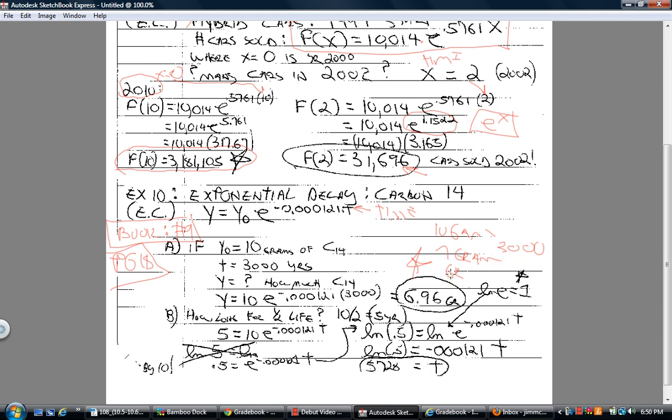Okay, so those problems aren't too bad. Now what's interesting is example B turns around and asks us, what would the half-life be for that 10 grams? How long would it take to go from 10 grams to 5 grams? And so what you're going to do is take your equation, and instead of putting